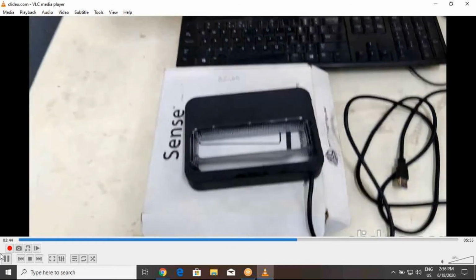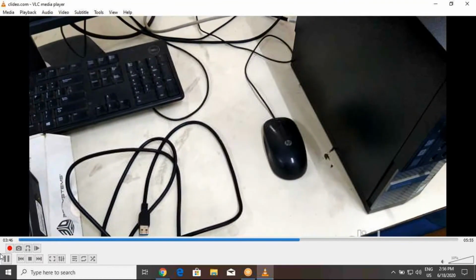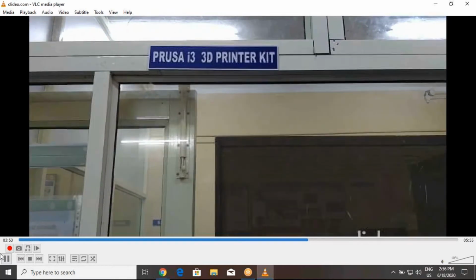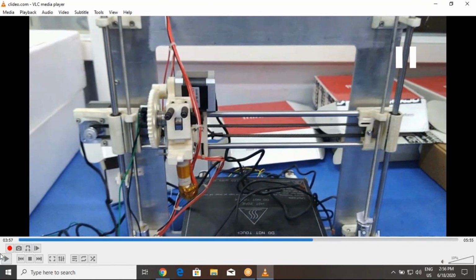This is the body scanner, used to scan an object, which was already explained by Srikanth in the previous session. Now this is a Prusa 3D printer kit we have at NIT Warangal. This was explained by K. Rakesh yesterday, the DIY printer.